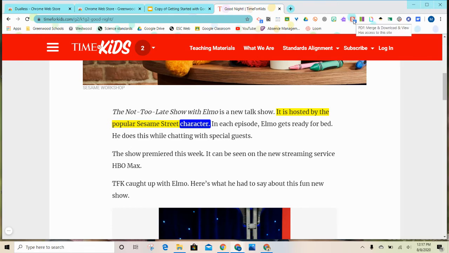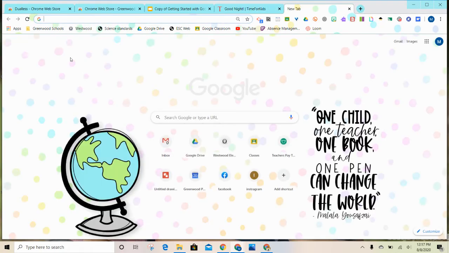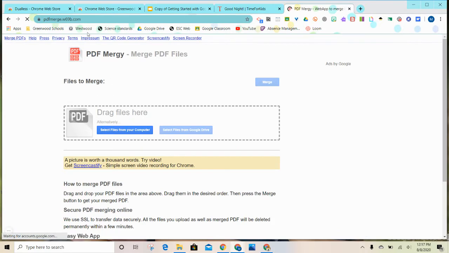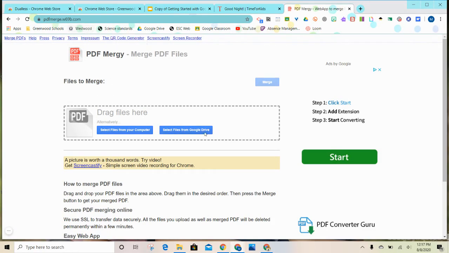Let's see what else I've got. Oh, a PDF merge. I prefer to use just the PDF Mergy website. I'm going to show that to you. So it's pdfmerge.w69b.com. What this is going to do is, if I have a whole bunch of, say, student essays that were turned into me,